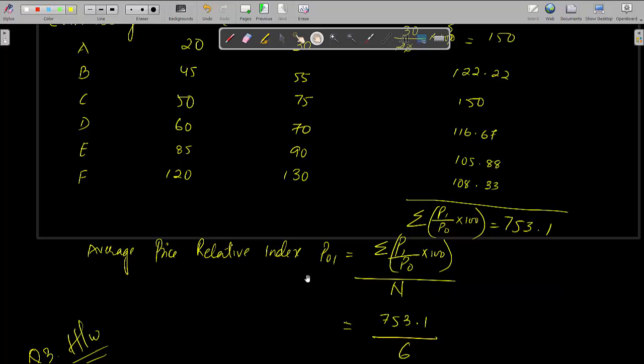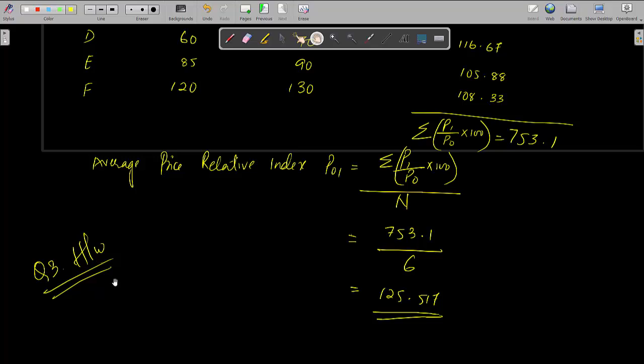In question number 3, the commodities are 5 because wheat, rice, petrol, cloth and power. So there are 5 commodities. So you have to divide the sum by 5 commodities, and then you will get the answer. So the answer should be 132.448. Clear? So question number 3, once again, question number 3 is your homework. Clear? So now we will solve one more question, and with that, the first method of